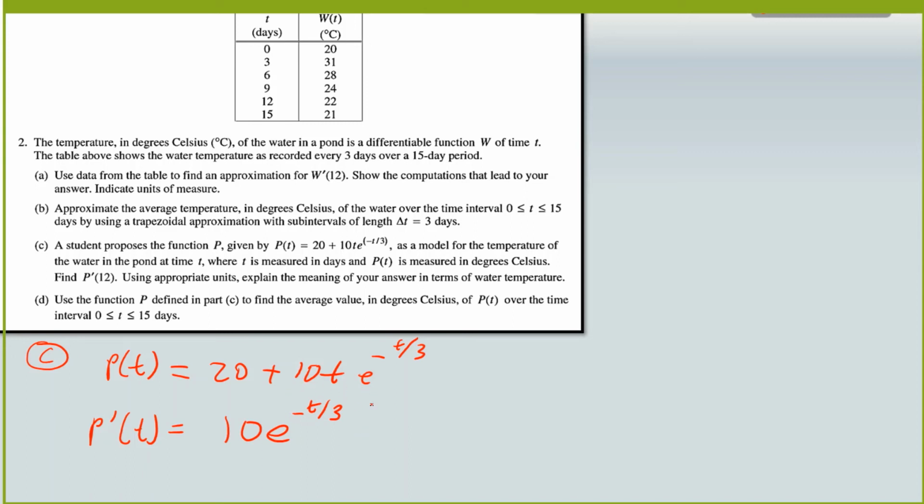This is product rule. Yeah, product rule, so I've got an f and a g. So you derived this: f prime is 10 times g, e to the negative t over 3. Okay, what should come next? Plus f, 10t, times what's the derivative of g? Itself. Okay, itself, e to the negative t over 3, and then chain rule times